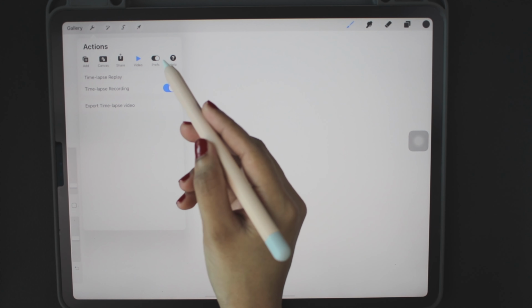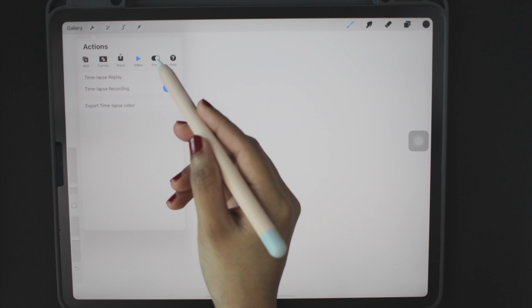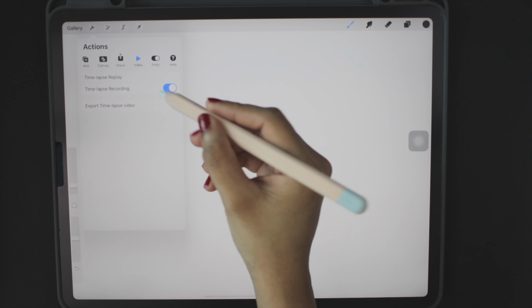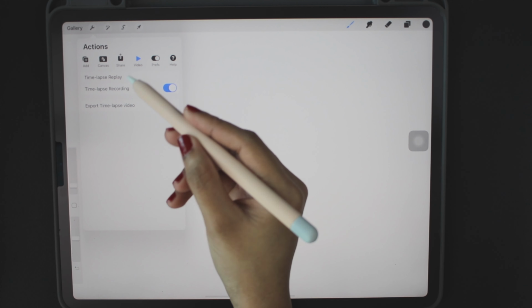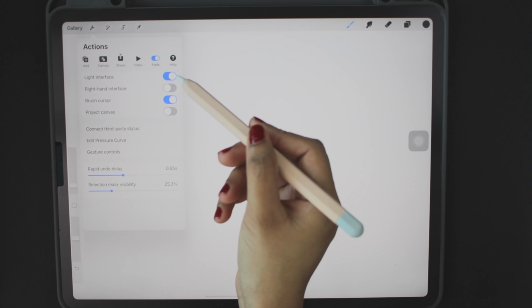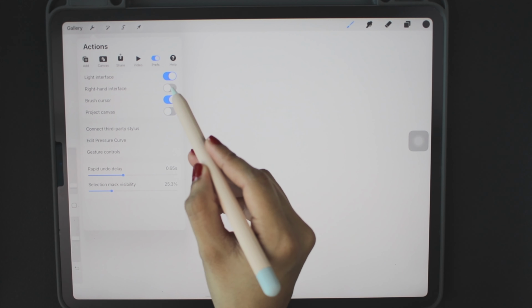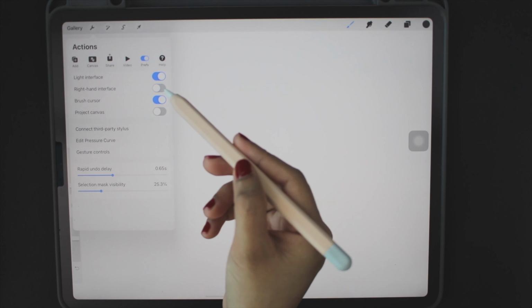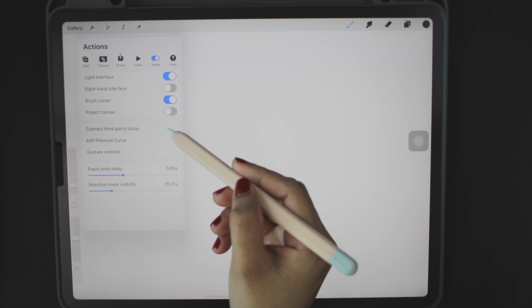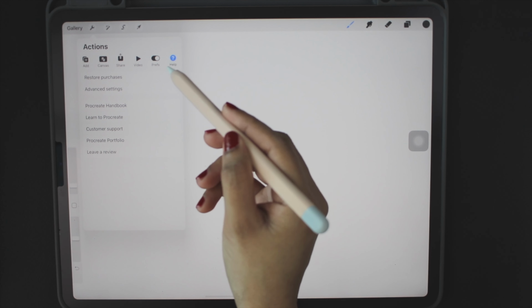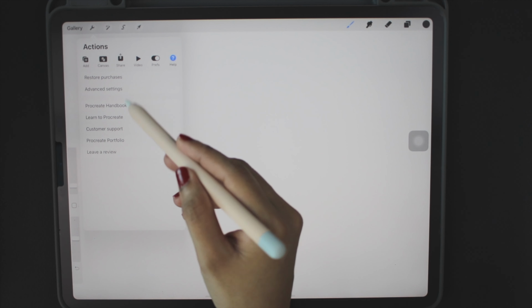In the fourth, video tab, we can enable a time-lapse feature to get a nice speed video of our creation process. It will record every single change made to the canvas and lets you share that speed-lapse video with the world. Next is the preferences tab that lets you change the app interface from black to white. If you are right-handed or left-handed, you can change the interface settings here. And there are some settings like gesture control, which we will explore later. The advanced information about the app is located under the last button, help.